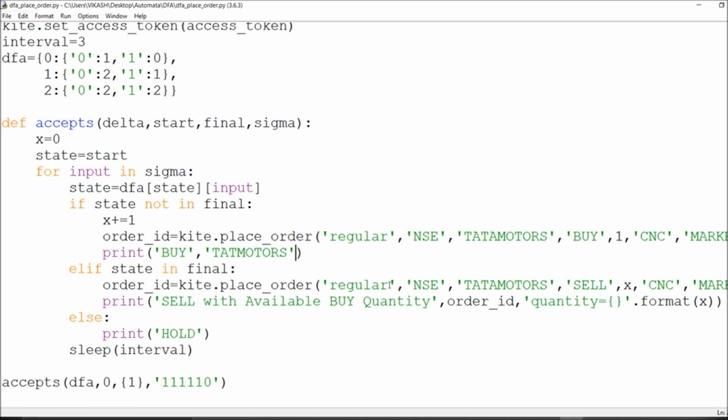Okay, because automata theory comes with so many concepts in which we will go for the languages, we'll go for the deterministic finite automata, nondeterministic finite automata, we will see the pushdown automata, we will see the Turing machines, and at the same time we will discuss all of the concepts of automata theory. Okay, and we will utilize this stuff to make our trading in Python as easy as possible. Mainly the algorithm, mainly the logic we will build by ourselves, which we won't see normally on a website. We will do it by ourselves. We will be having our own logic.